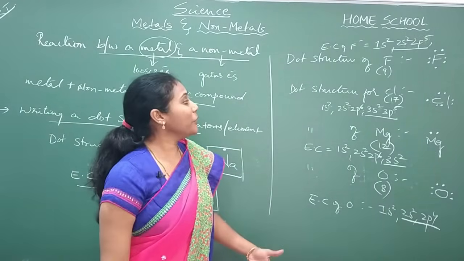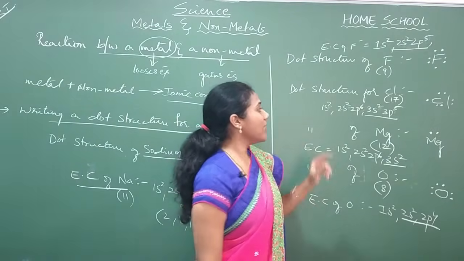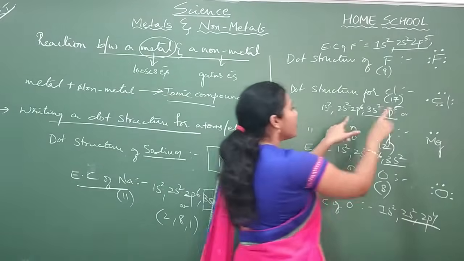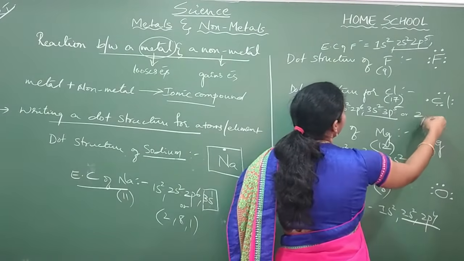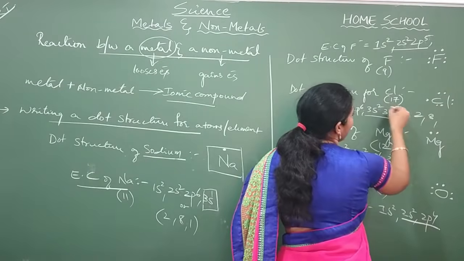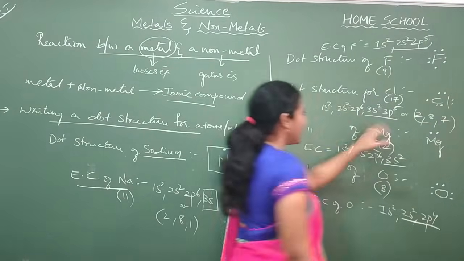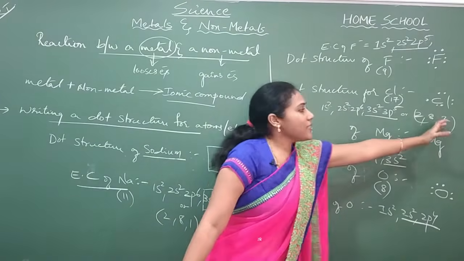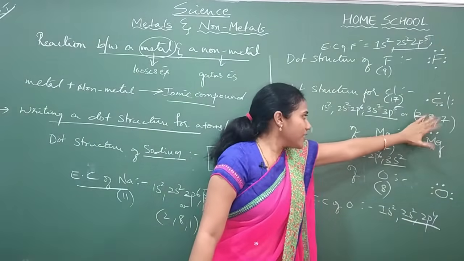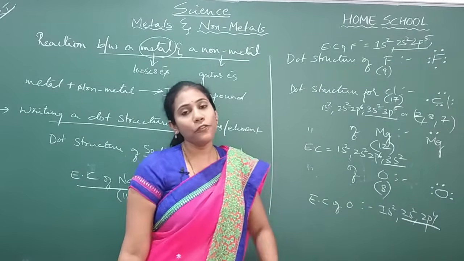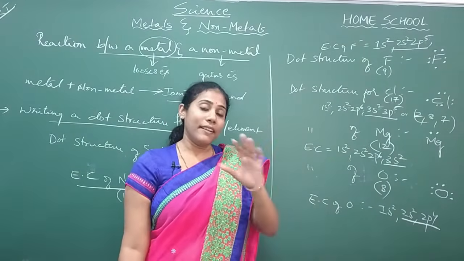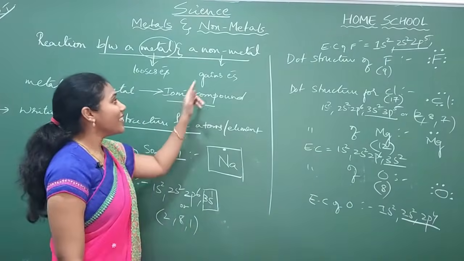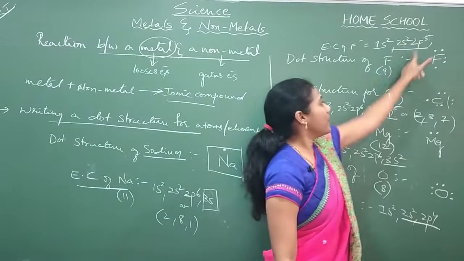If you find it difficult to write the electronic configuration like this, you can write it in the normal way that you studied in class 9. How do you write here? 2, 8, 5 plus 2, that is 7. This is how you will write, without mentioning 1s, 2s, 2p, shell wise. This can also work out. It is not an issue for your 10th standard level. But as you study chemistry at a higher level, you should definitely learn to write the electronic configuration the other way.